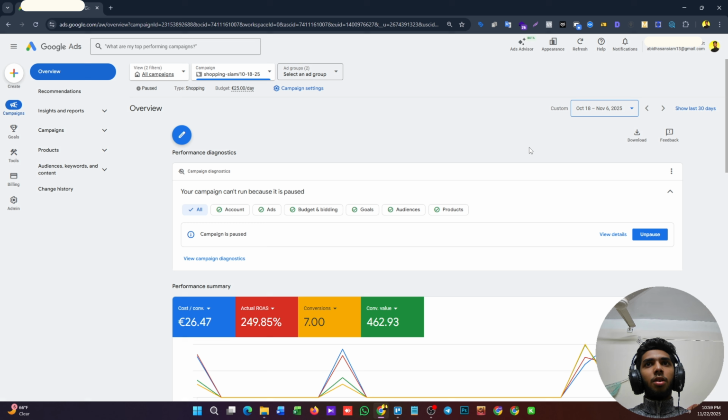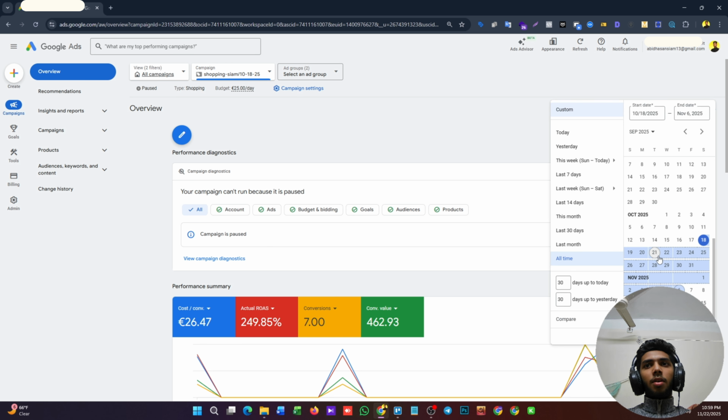Right now, I am still in my client Google Ads account, and I select here the 18 October to 6 November campaign result. They ran 18 October to 6 November regularly, but not always, because they faced some problem with their website. So I selected that, and I see here this time we get 7 conversions, and if I select the cost, it is €185, ROAS 249.85%, and